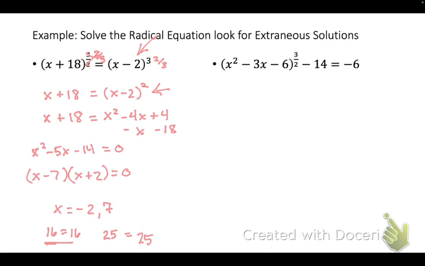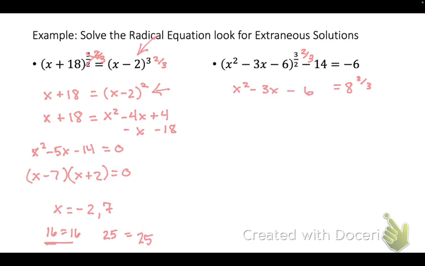Why do I have to add that 14 first? Because then you would have to multiply 14 also by the reciprocal. Right, you'd have to do this whole quantity, which would be horrible, which I don't want to do and you don't want to do. Okay, so add the 14, so you get 8. And then you're going to multiply by the reciprocal, 2/3, so you'll get x squared minus 3x minus 6 equals